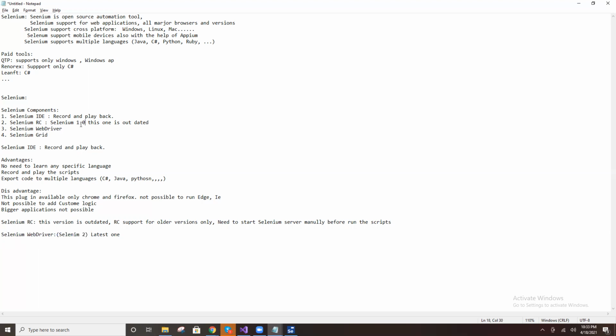Someone calls Selenium RC Selenium 1.0; anyhow, it is completely outdated and there is no need to learn it. Selenium WebDriver is called Selenium 2 or 2.0-something. Everyone uses Selenium WebDriver only.